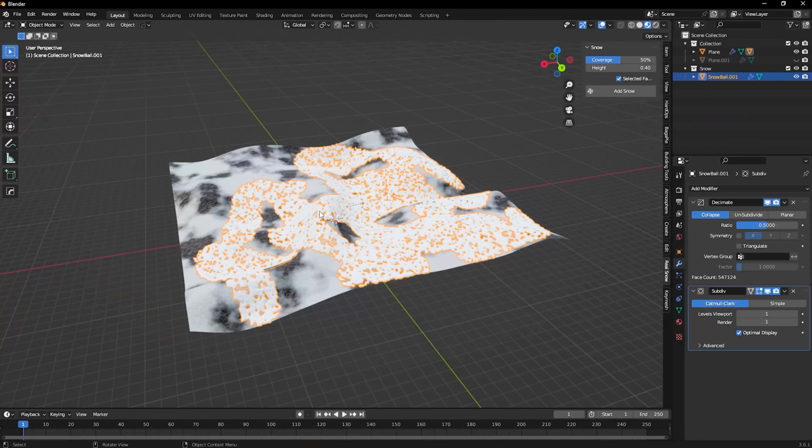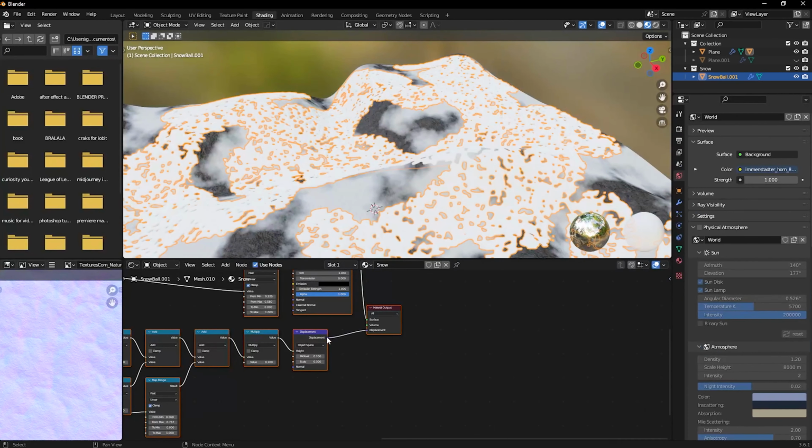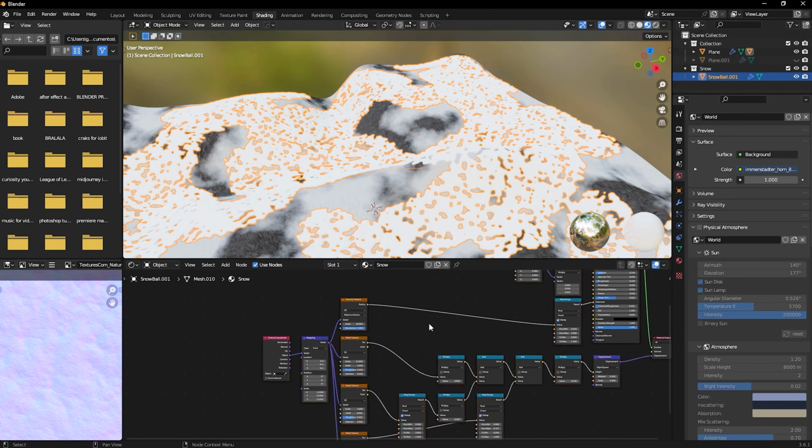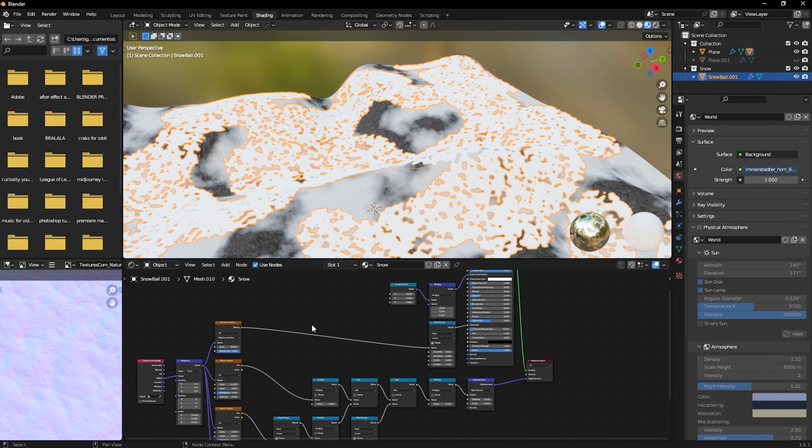But for a simple project, or just to add some layers of snow to your project and to add that realistic look, it's super easy, because you can see if I go over here to the shading panel, this already creates the snow material for you, so you don't have to add any nodes to this layer. And because of that, it's a really cool trick for you guys to use in your own projects to save some time when you are creating environments and stuff like that. You don't have a lot of control, but you have really good looking snow to add to your projects,